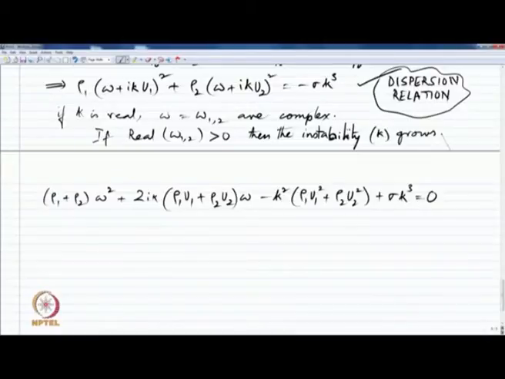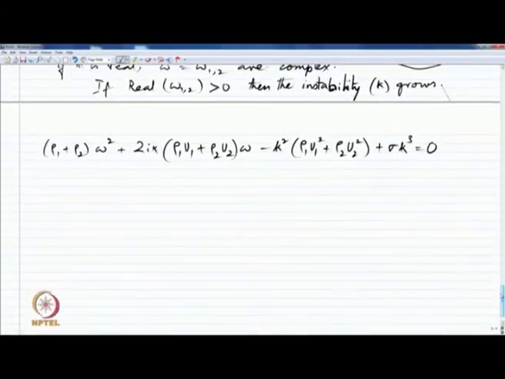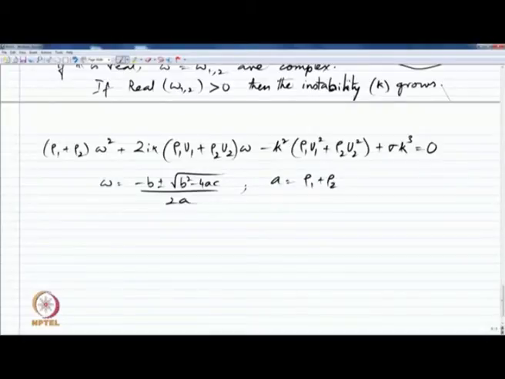So, this is simply the dispersion relation written out as a quadratic of the form a omega squared plus b omega plus c equal to 0. Now, we are able to solve this equation in closed form because we have a formula. And in here, I know a equals rho 1 plus rho 2. B equals